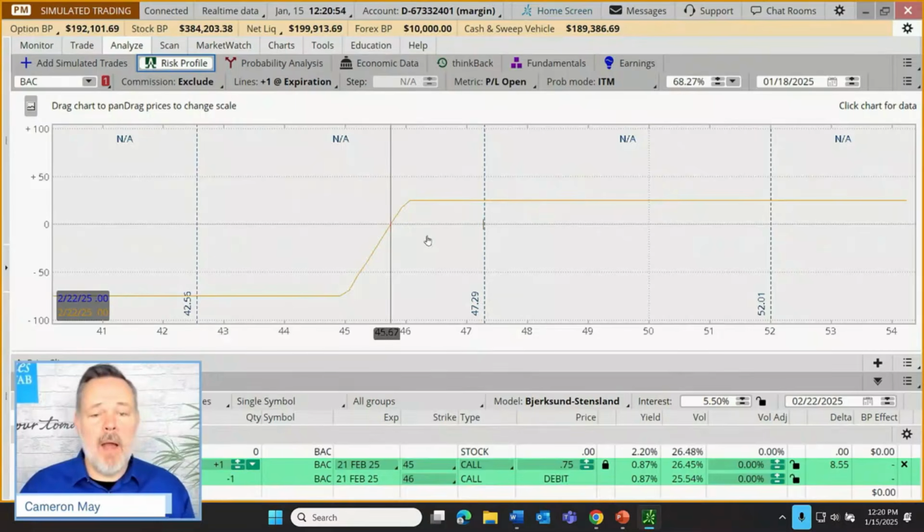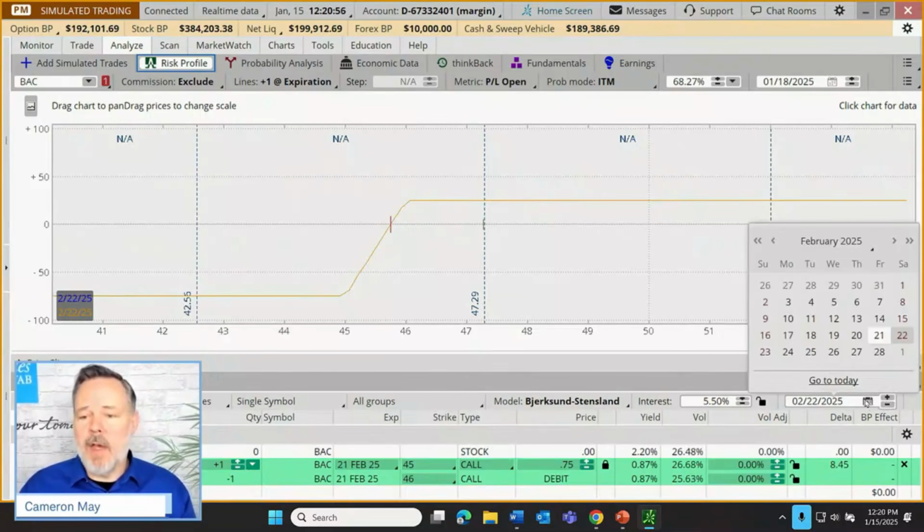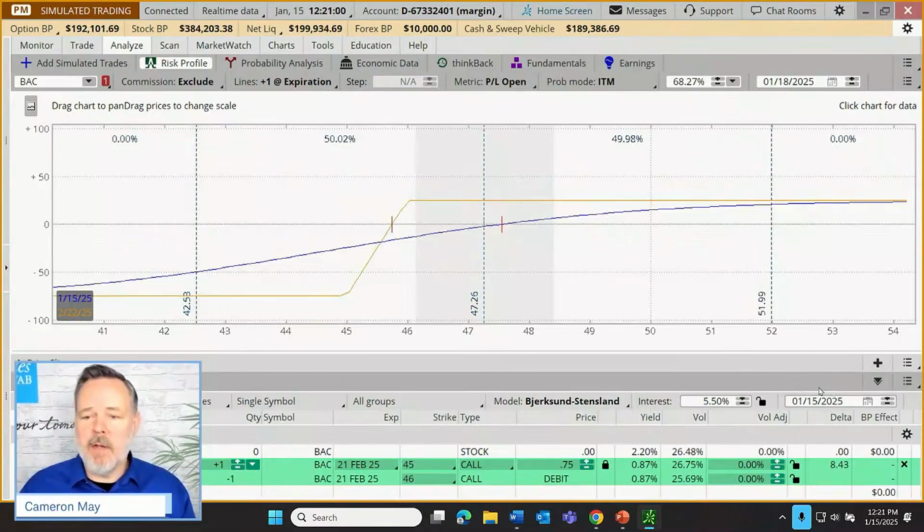And this is probably the tool that is most commonly used, or the way the tool is most commonly used for some traders when they're initially using this tool. But we're going to be going a little bit deeper than that. Next thing I want to get into are the other lines on the chart. We have these vertical dashed lines. I already told you what this one means. That's the current price of our stock. What are these other two lines?